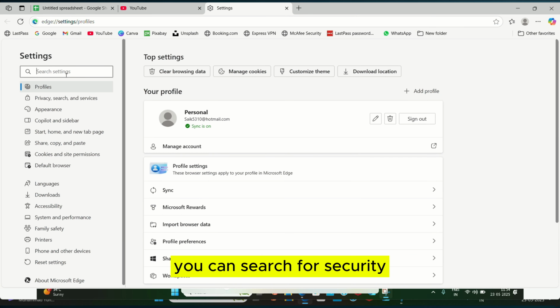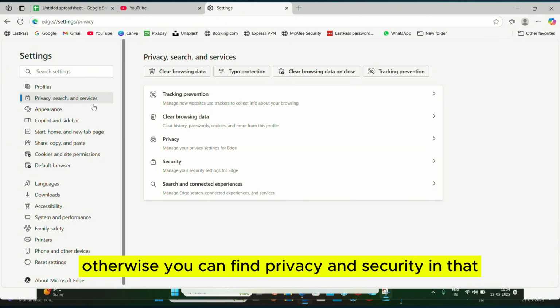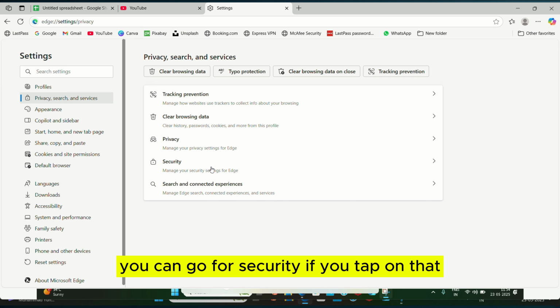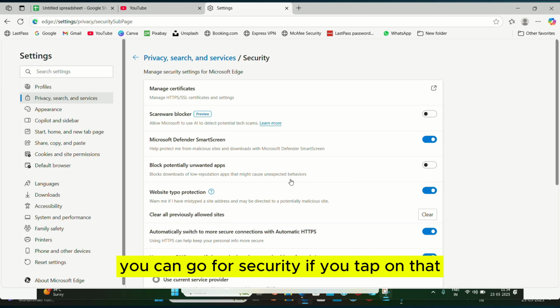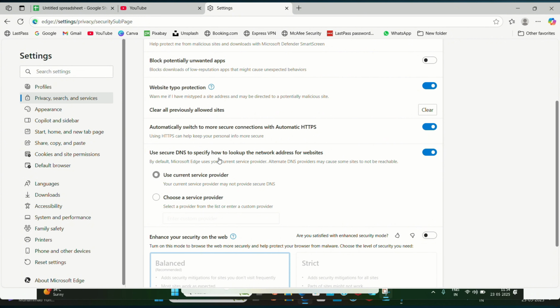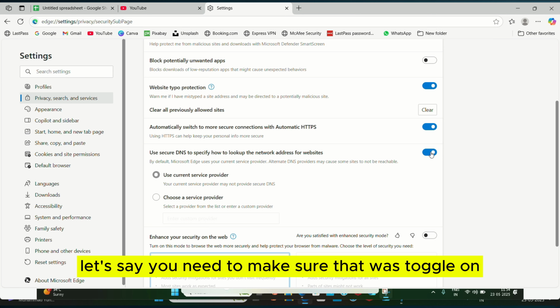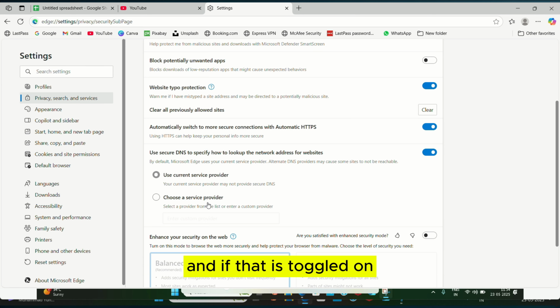In that settings, you can search for security, or otherwise you can find privacy and security. In that, you can go for security. If you tap on that, you can scroll down to find use secure DNS for specific how to look up the network address. Let's say you need to make sure that was toggled on, and if that is toggled on,